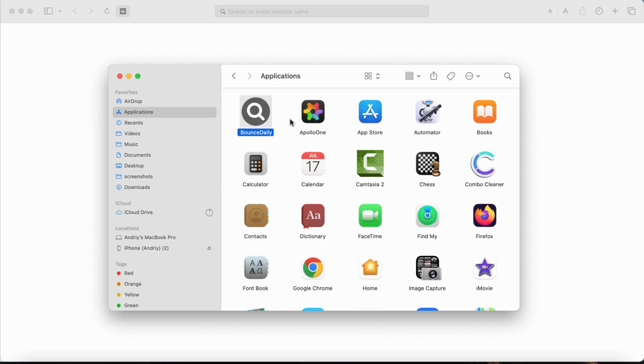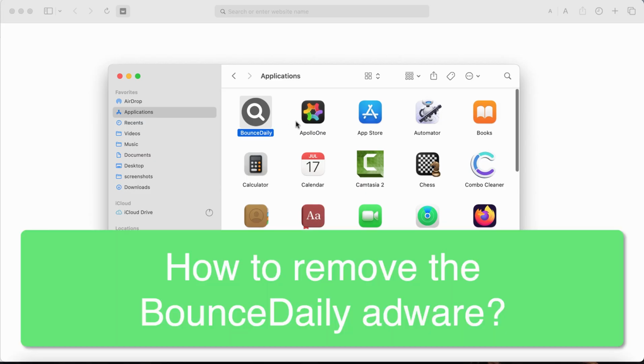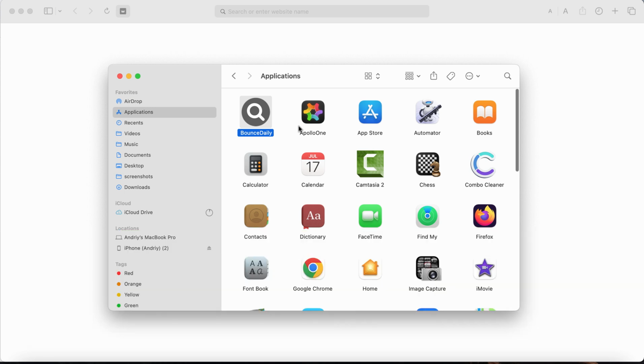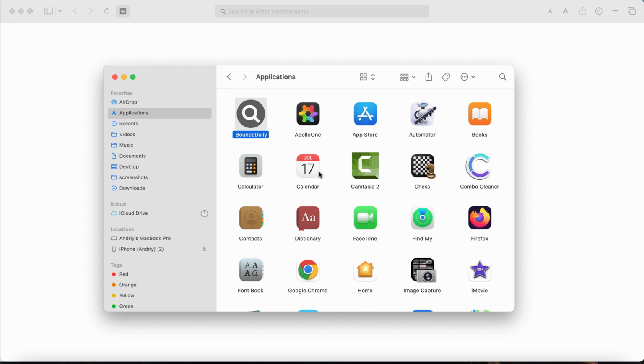The video is about getting rid of the adware type application called BounceDaily. BounceDaily is adware from the Adload family. This adware, once installed, starts to display a huge portion of really intrusive advertisements not related to the sites that